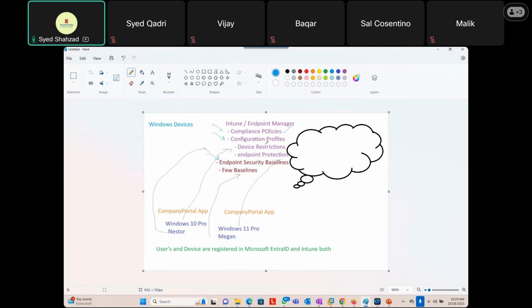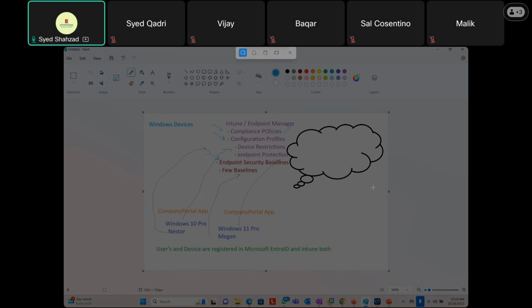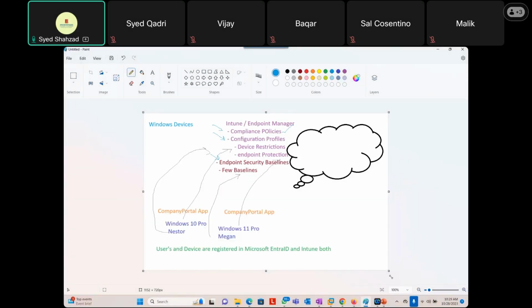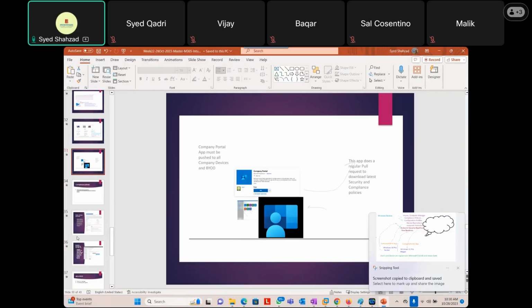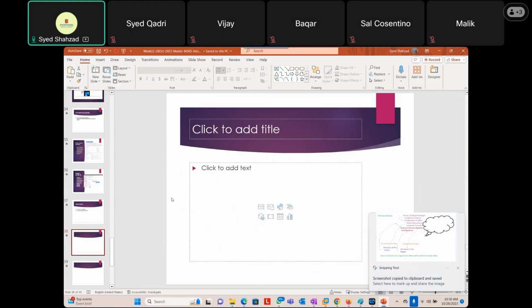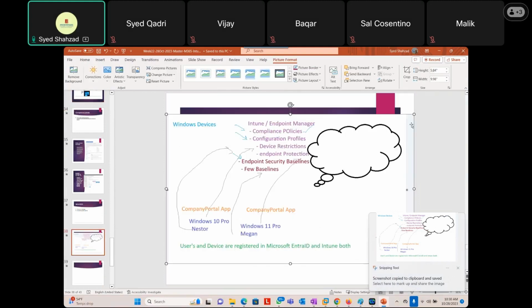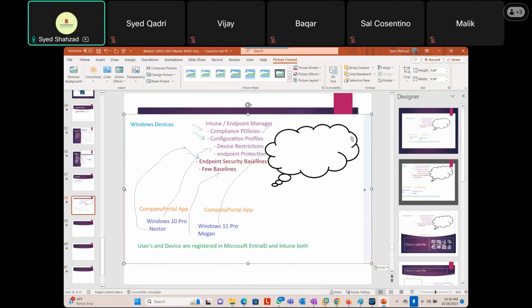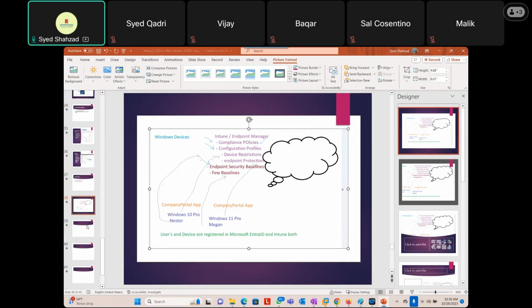Okay, so let's go ahead, guys. Because I changed my machines, I had to reinstall this. All I need to do is just simply log in from those users again and let it go ahead. So what I'm going to do next is